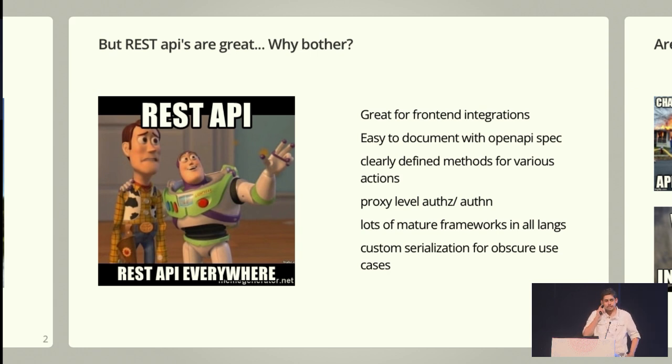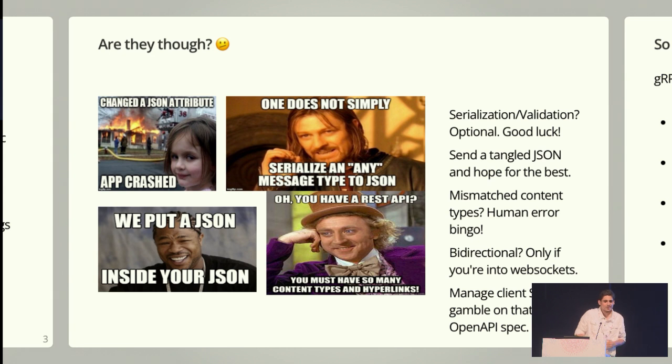Another advantage is that since it's just HTTP 1.1, most proxies, including Nginx and Envoy, support Lua scripts, embedding some logic at the proxy level. So you can do auth for that as well. And there are lots of mature frameworks like Django in Python, and all languages have proper REST API frameworks. Then there are integrations with external systems, say financial ones, where you need a custom payload, like yesterday's talk on the match statement, where you have to go through complicated payloads. Those kinds of things are perfect for REST APIs. All right, so let's talk about the downsides.